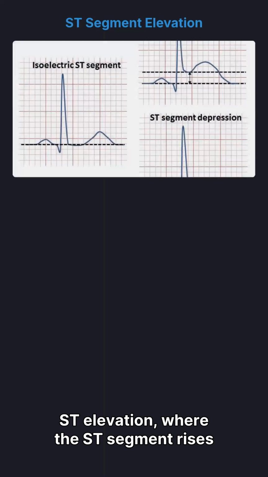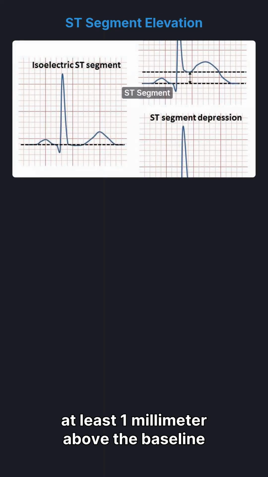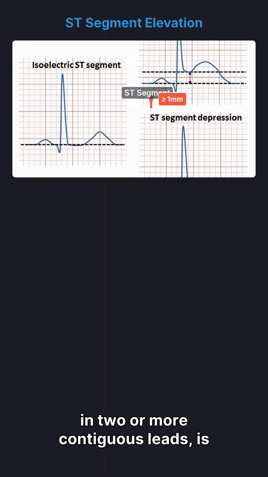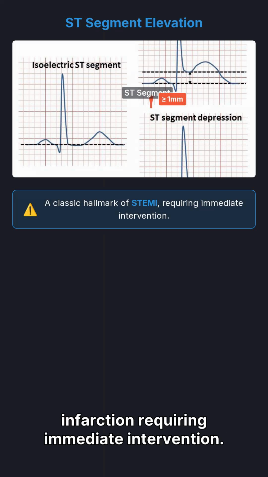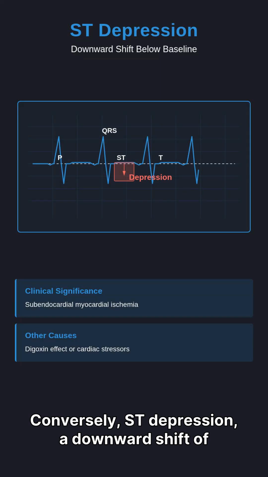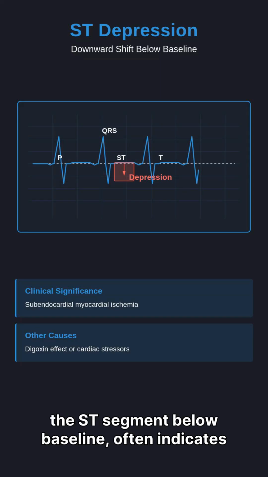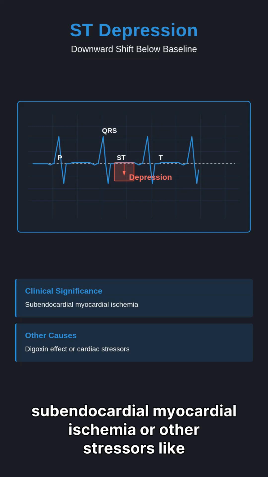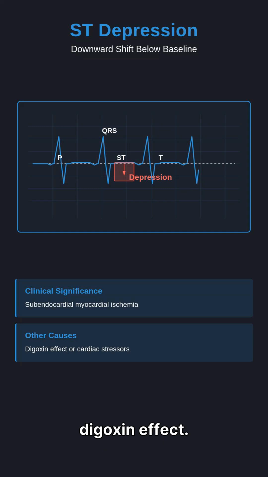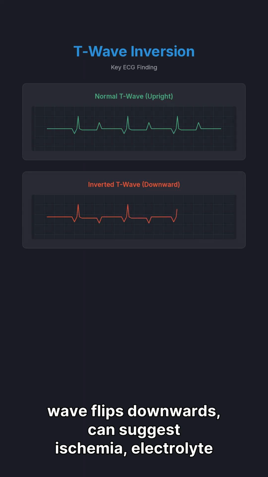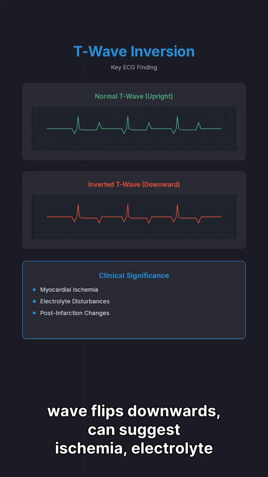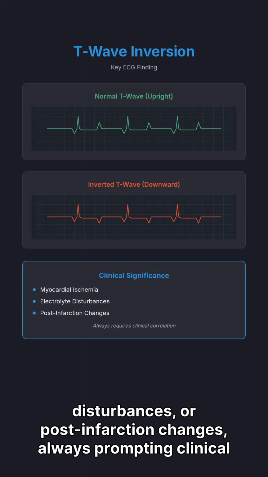ST elevation, where the ST segment rises at least 1 millimeter above the baseline in 2 or more contiguous leads, is a classic hallmark of acute ST elevation myocardial infarction requiring immediate intervention. Conversely, ST depression, a downward shift of the ST segment below baseline, often indicates subendocardial myocardial ischemia or other stressors like digoxin effect. T-wave inversion, where the normally upright T-wave flips downwards, can suggest ischemia, electrolyte disturbances, or post-infarction changes,